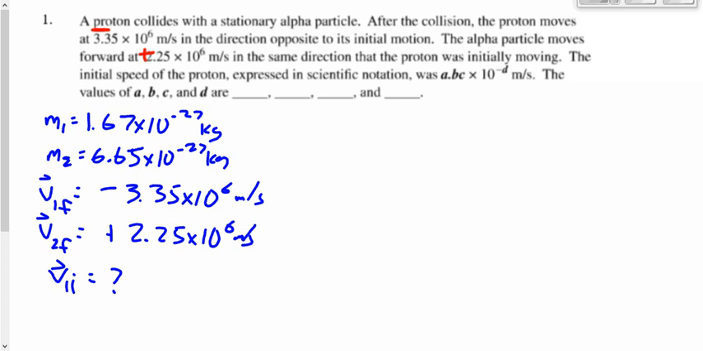V1 initial, the initial velocity of the proton, which was object number 1. There is one more thing that I have here, if I read between the lines. What is it? V2 initial is what? Yeah, V2 initial is 0 meters per second. The alpha particle, it says before the collision, is at rest. All right, so let's do conservation of momentum for this. We're going to analyze the system. If we chose to analyze an object, which I would not